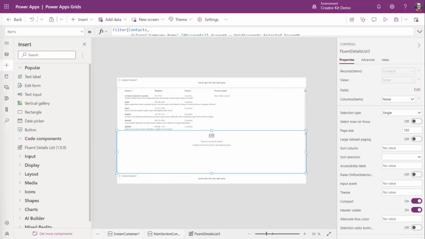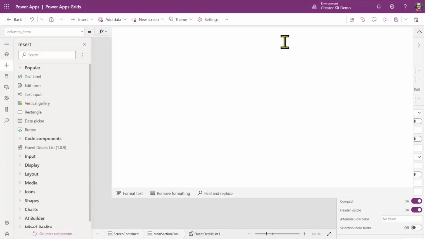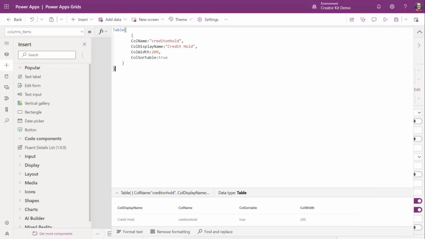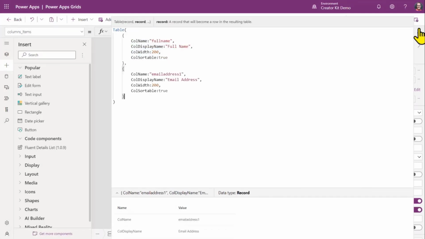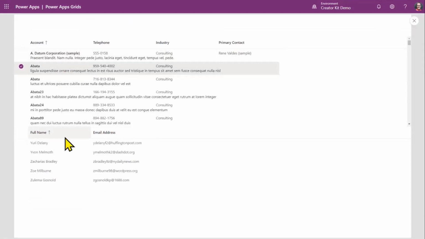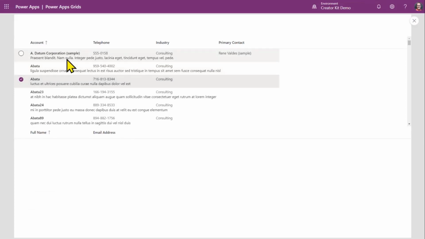So I'm going to pop in a column, go into the columns here, and I'm going to say tables, like that, a table, and put in a column. Oh, no, not that one. I'm jumping the gun a little bit. So there we go. And now, if I select that, it's showing only the contacts for that